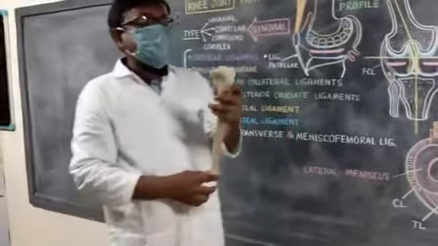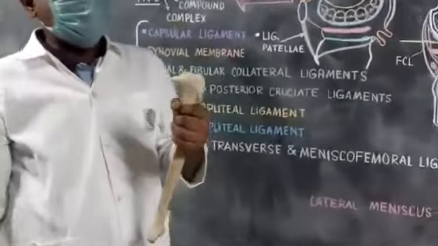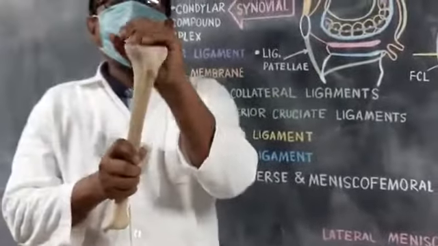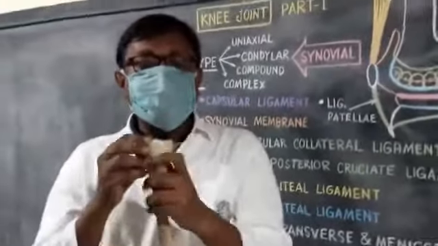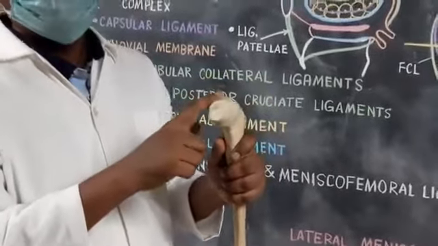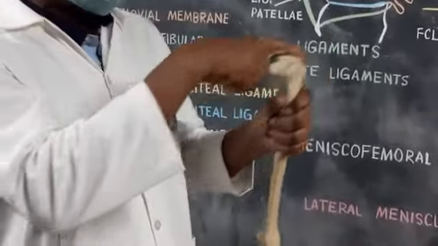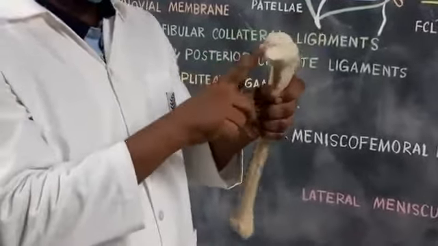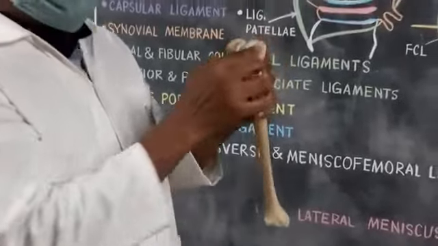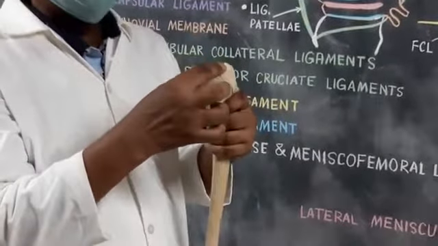Now come to the articular surface of the condyles of the tibia. The upper expanded end bears medial and lateral condyles. The upper surface presents two articular surfaces which are covered by the articular hyaline cartilage, separated by an intercondylar area. The medial articular surface is ovoid in outline and lateral is circular in outline. Medial one is larger.